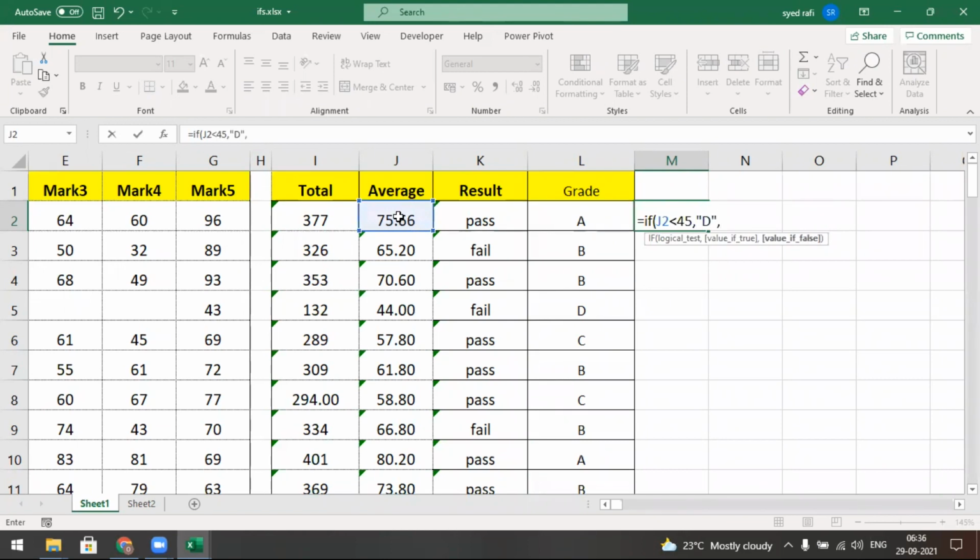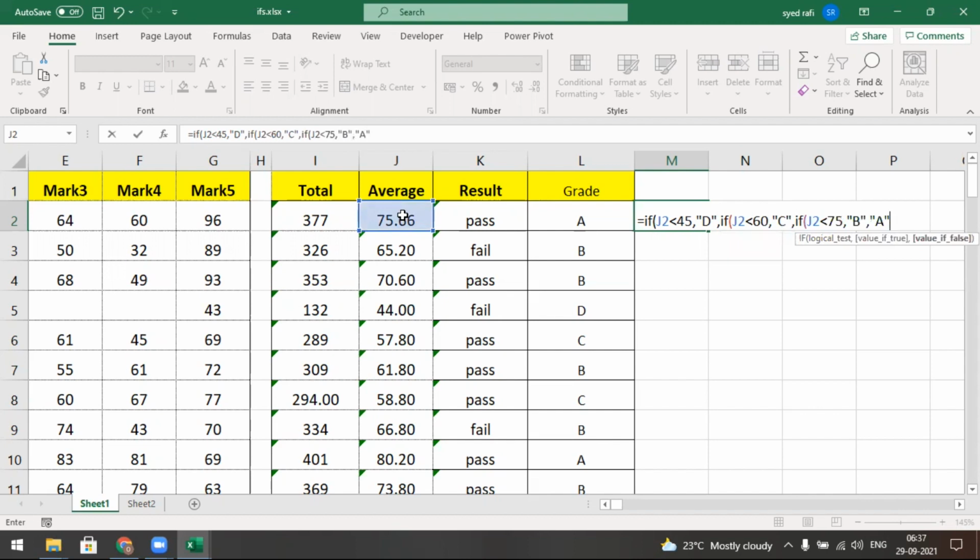Once again, type IF and open bracket, select the cell and type less than 60, comma, put C and a comma, and IF again. Then do like this, 75, comma, B comma A.